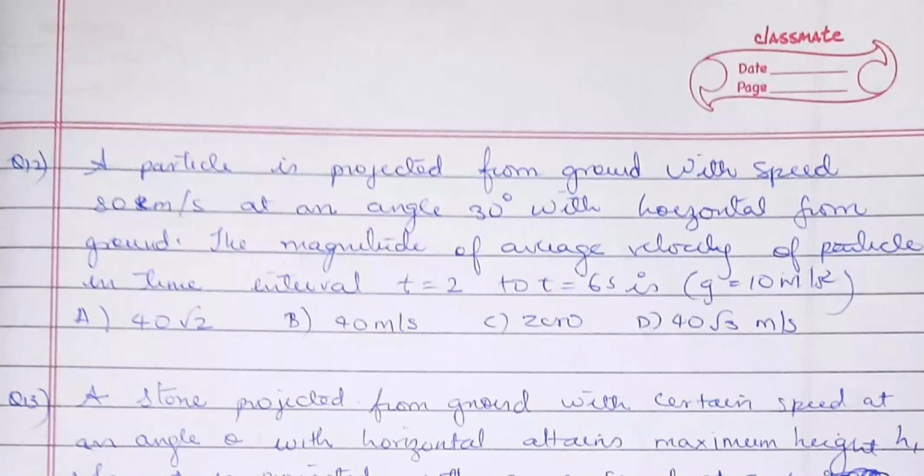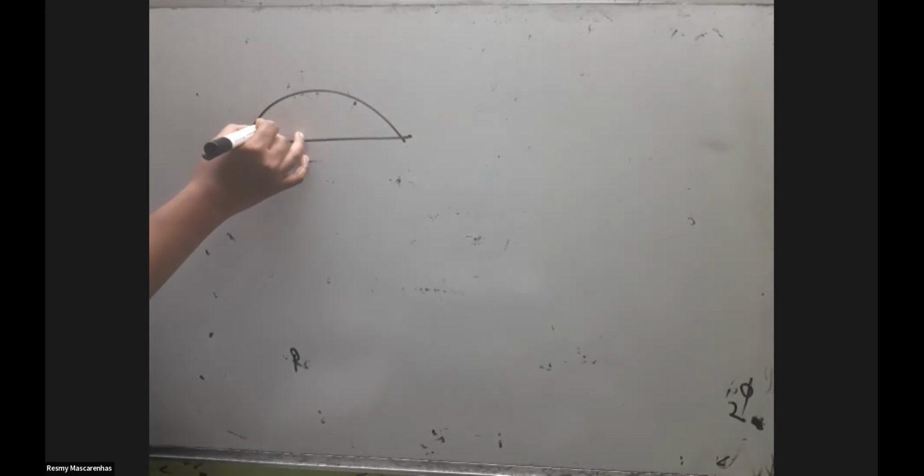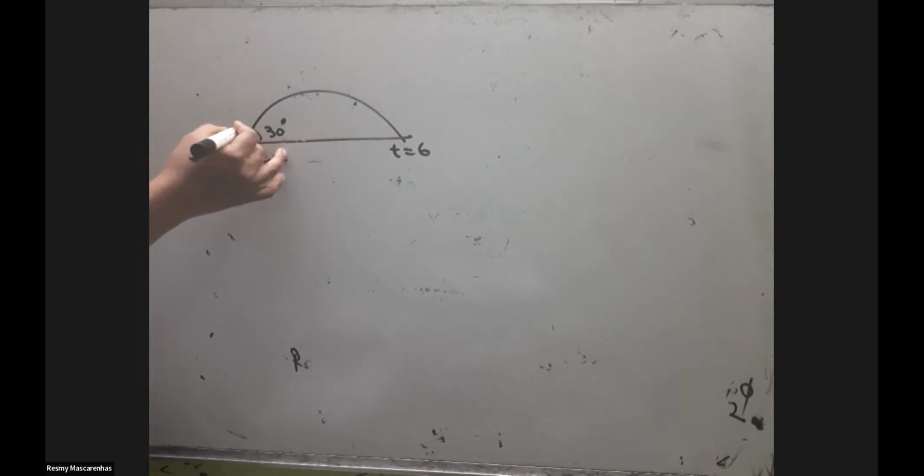This is only to confuse you, the time and all. If average velocity is asked, they are telling that this is done at 30 degrees from t equals 2. What is the magnitude of the average velocity? If this is the initial velocity u, which is